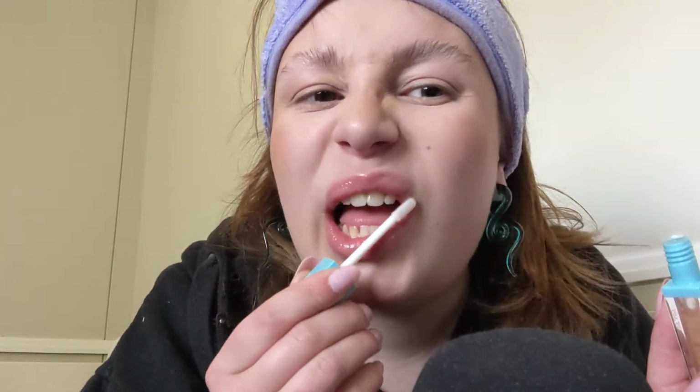I like this because most glosses that have plumper in them end up burning a little bit, but this is remarkably gentle and you still get that plumped up effect. Lovely. It's a lovely shade. This is the shade Atlanta. It's just this gorgeous